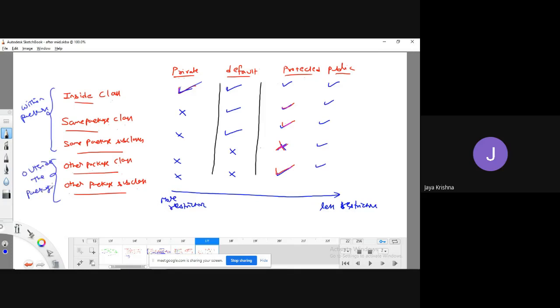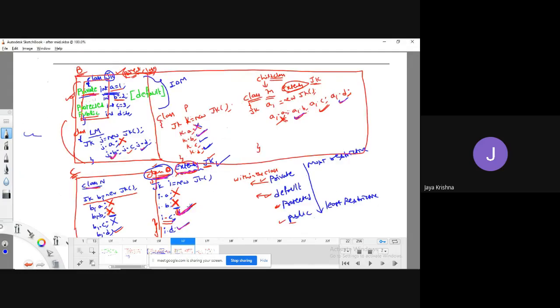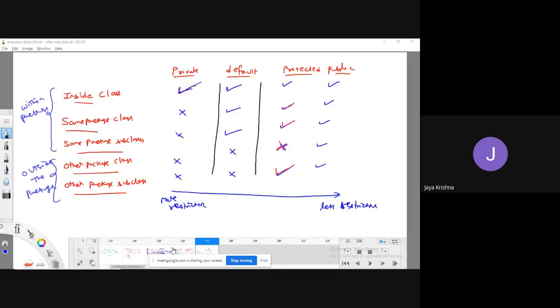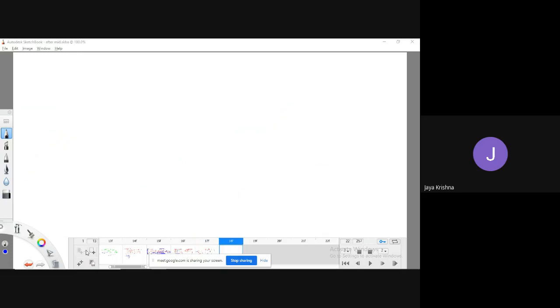If you have any doubt related to these three slides, just visit the concept of access modifiers which we have discussed in the previous classes. Okay. Anyway, let me take an example which is related to this concept. Okay, fine. I will give one basic example.